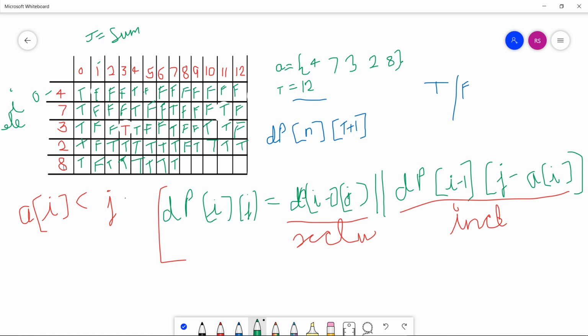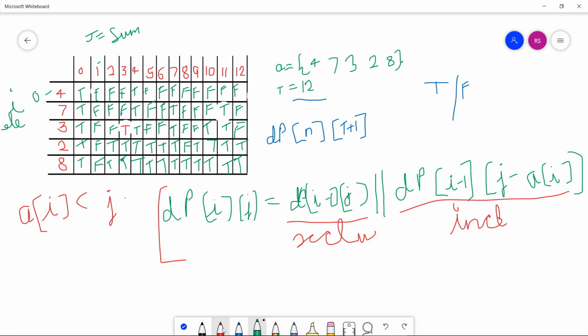The one element 8 is present, so the sum is 8, so we store true here. Now for j greater than ai, we use this formula, which simply gives true because the upper cell data is true. Here is also true.